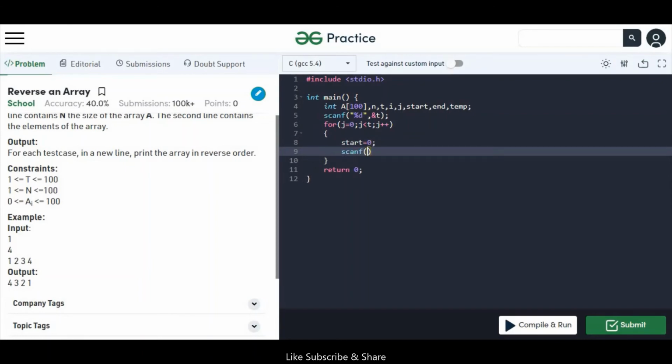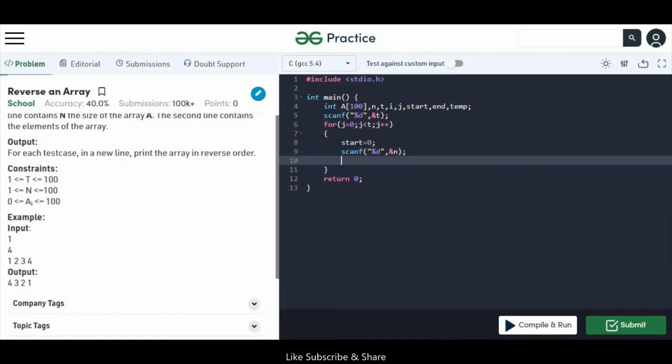scanf percent d and ampersand n. And end equal to n minus 1.